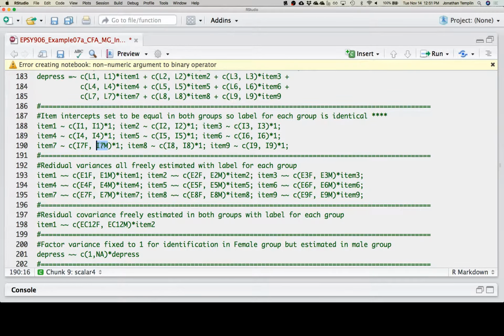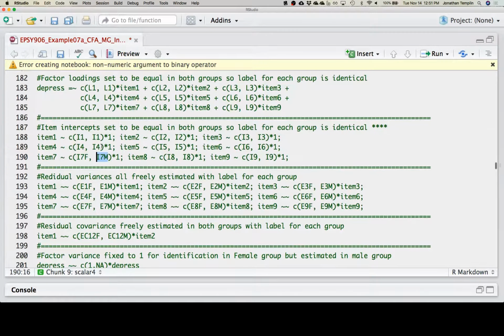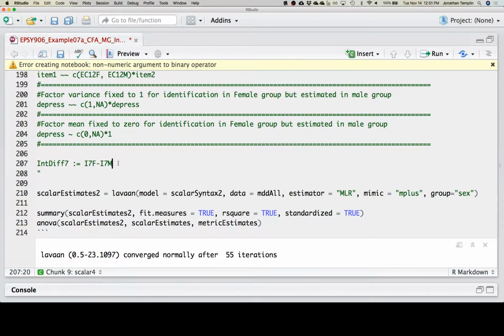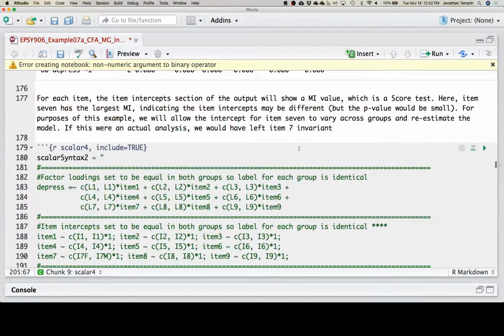And these are all good things to be thinking about, again, because remember how we were saying you should check what you think should be going where. If I run this analysis, the first thing I'm going to check is item 7. What's the mean for an item in group 1? What's it for group 2? The other thing I'm going to do is look at the intercept difference. I just created a brand new parameter between these two, but that's just for comparison purposes.